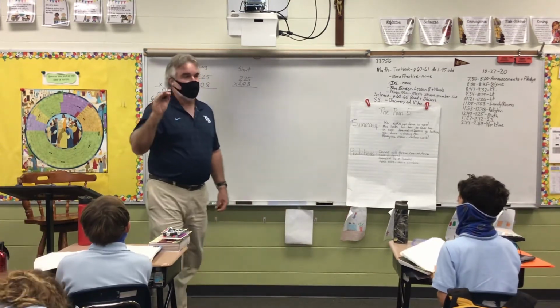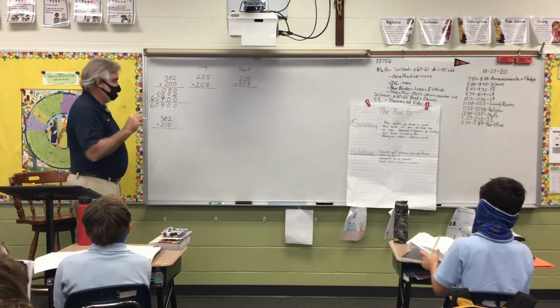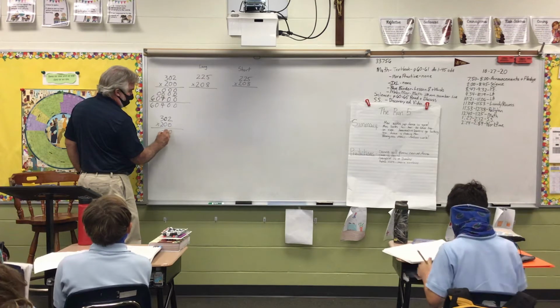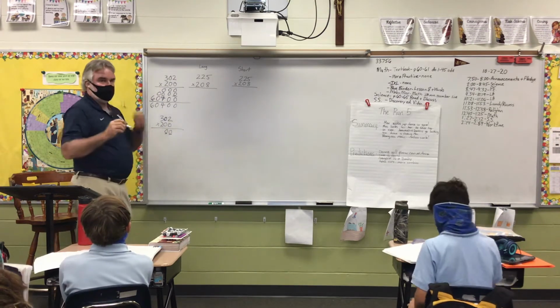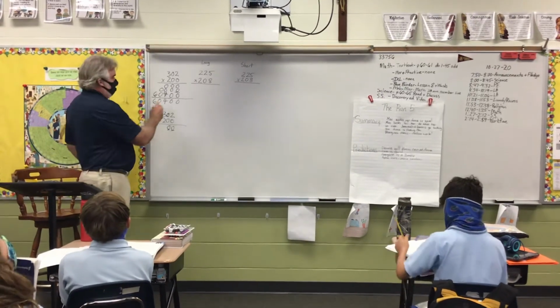It's the same thing here, but just a little different. Because all that you're doing is you're putting in your 2 zeros. These are your placeholders. Now you're multiplying 2 times 302, which is